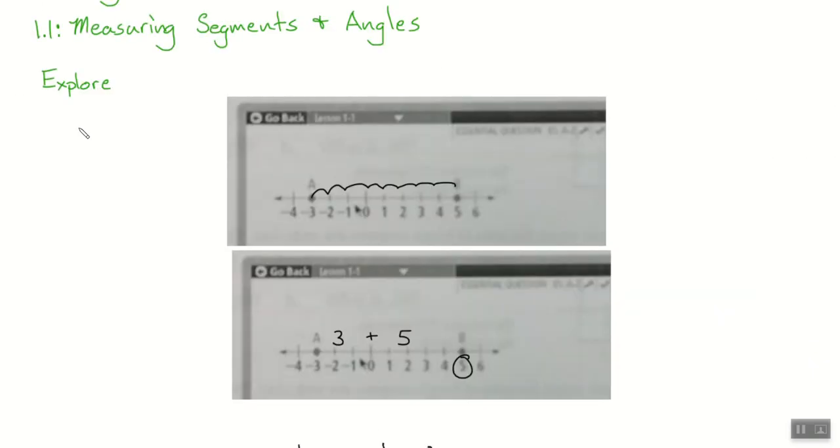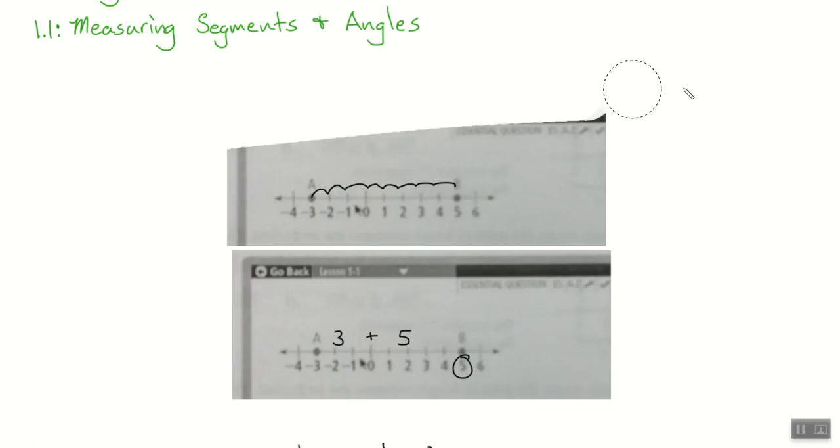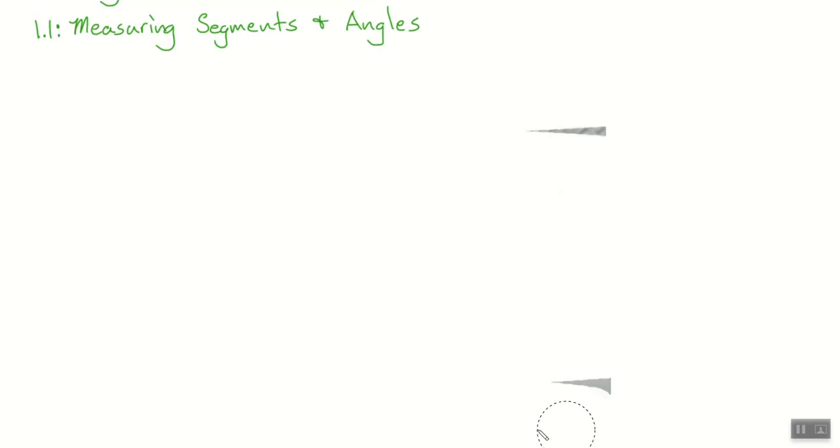Cool. So every day we'll start with this Explorer. It may not always go this far in depth, but it'll be up on the board. As you're doing that, what I would like you to do is have your homework out, if I give you homework. Work on the Explorer for 3 to 5 minutes. I'll come around and check to see your homework's done, and then we'll go over the homework and the Explorer and jump in. Cool. All right. So with that, let's actually dig into this. You guys have a little bit of work on yours. I'm just going to jump in right here.